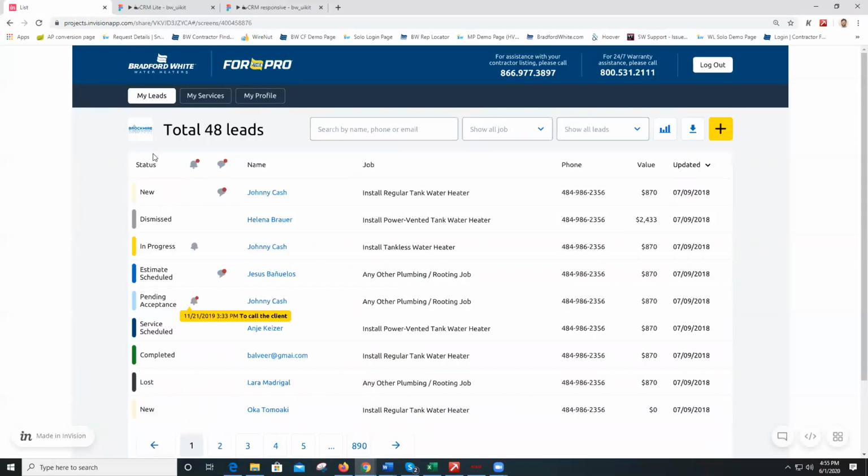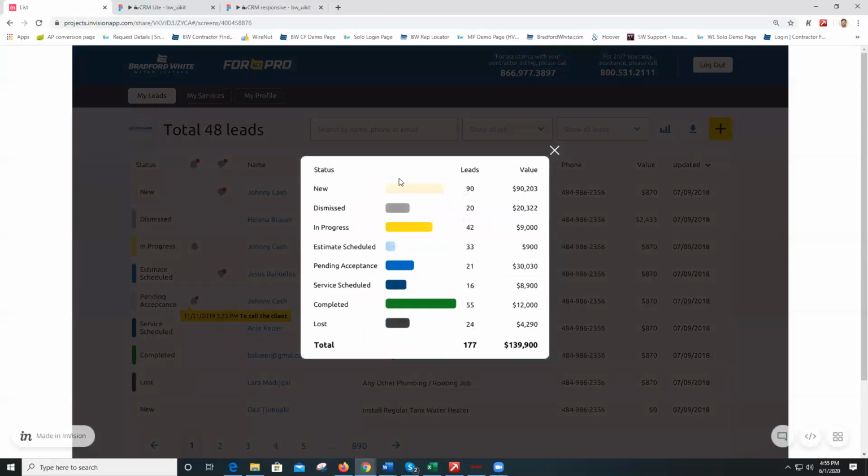All right. So you can always filter by notifications for some of these reminders to call the customer or any new chat messages that you might have received. Now, what's really, really nice about this as well, you can easily run stats and reports on all the leads. So if you click here, you'll notice that it